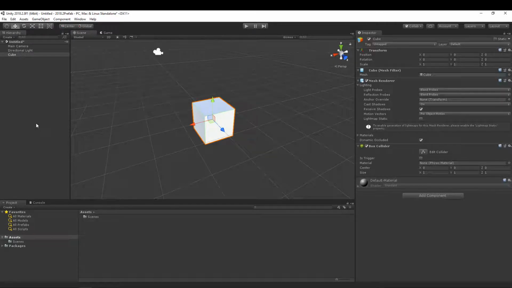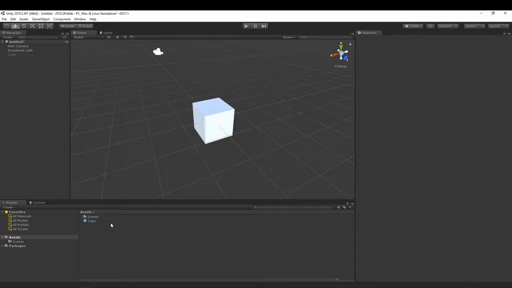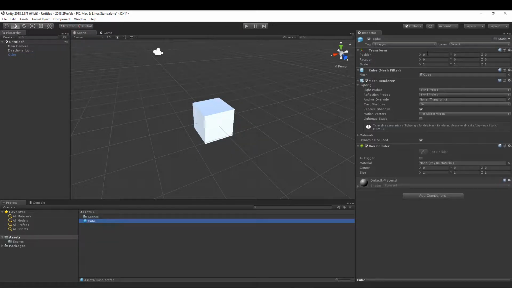2018.2.8. Here's a cube. Let's make a prefab from the cube and look at the instance. So here we can see that the position and rotation, like the default override values, are now marked as override by default. So this means that if I hit the prefab and move it around, the instance in the scene doesn't move. So let me just